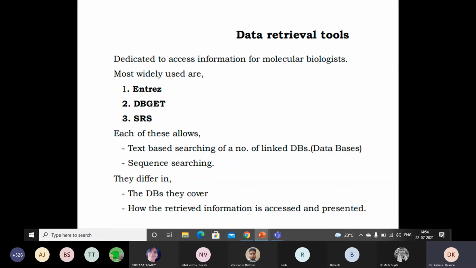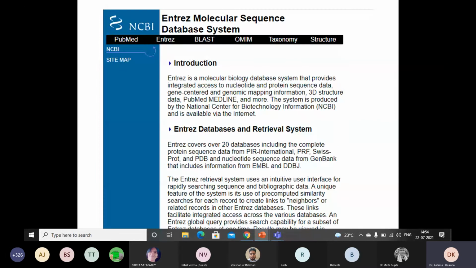Dedicated to accessing information for molecular biologists, the most widely used are Entrez, DBGET, and SRS. Each of these allows text-based searching of a number of linked databases and sequence searching. However, they differ in the databases they cover and how the retrieved information is accessed and presented.